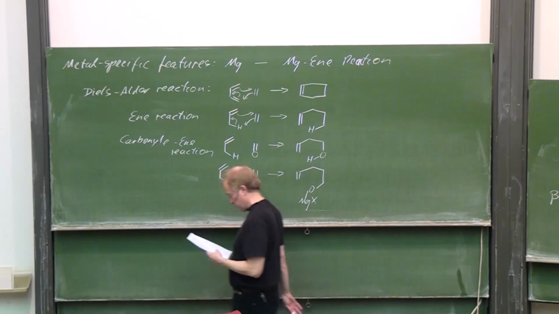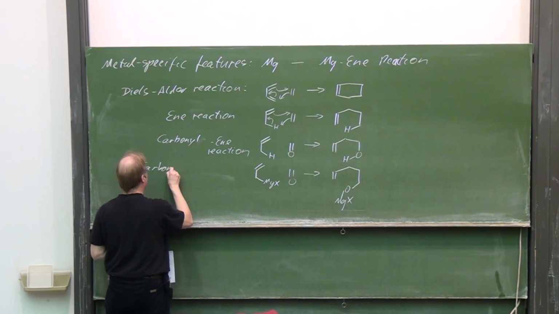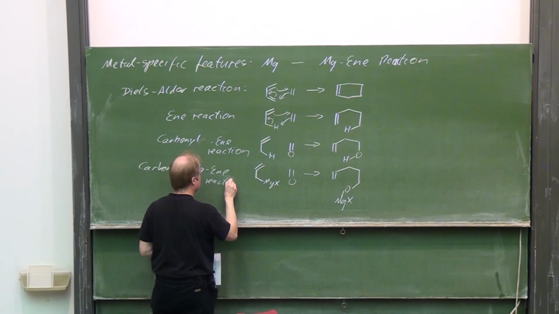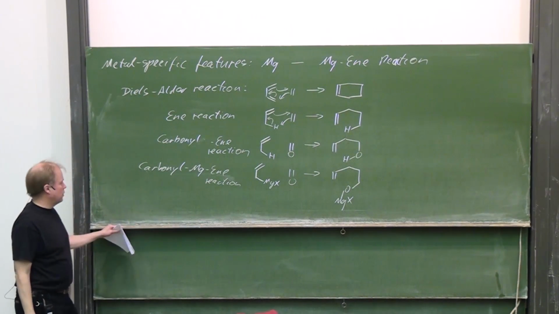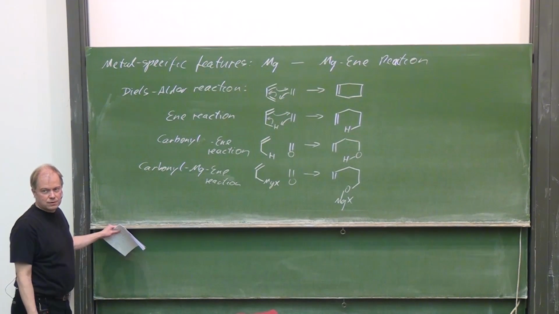So, we could call that a carbonyl Magnesium-Ene reaction, but while this name is not usually applied, we know that this is an addition reaction to a carbonyl group with an organomagnesium, and this is a typical Grignard reaction, while a bit atypical, because also this reaction proceeds through a 6-membered